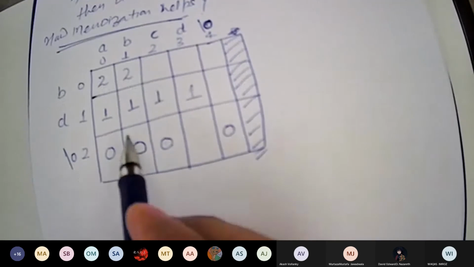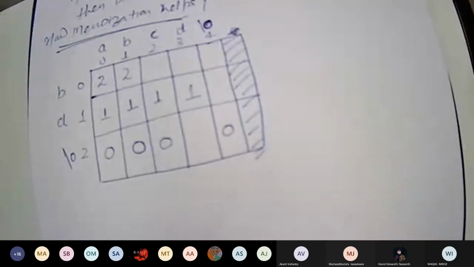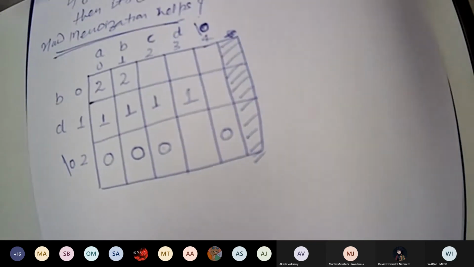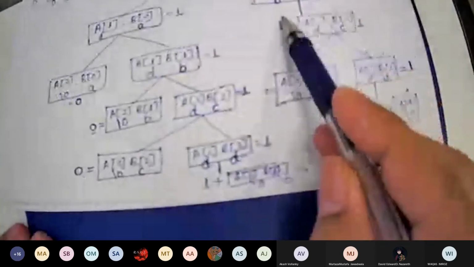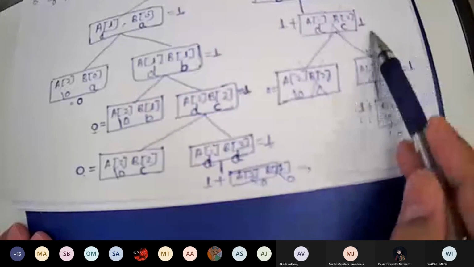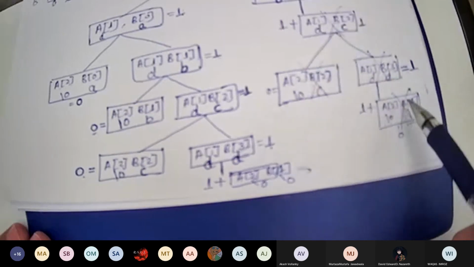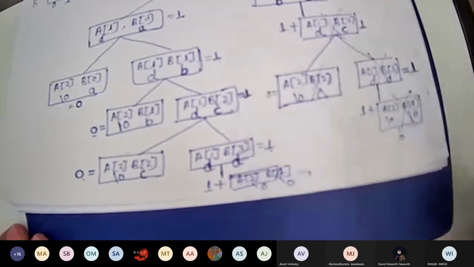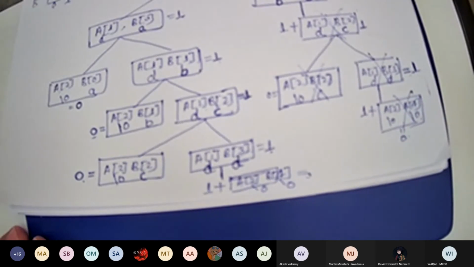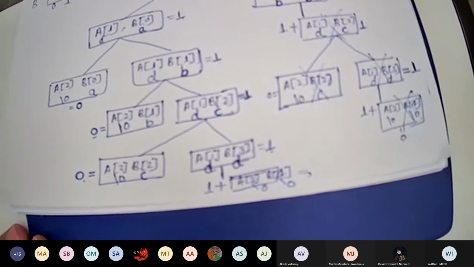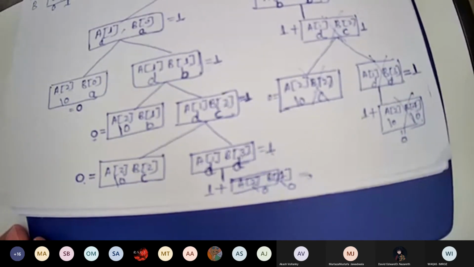So in this table, you have already stored the values that you have already calculated. Do you need to calculate these values again? No. If you don't need to calculate this many values, it means it will reduce this many function calls whenever you are doing recursion. It means efficiency will be increased.